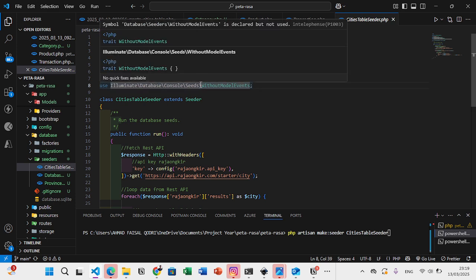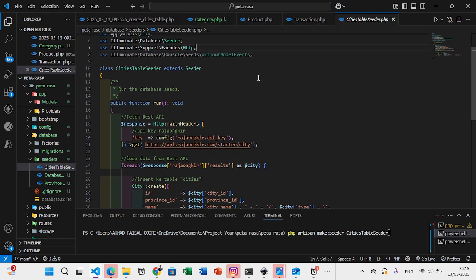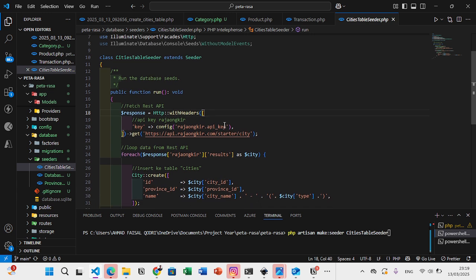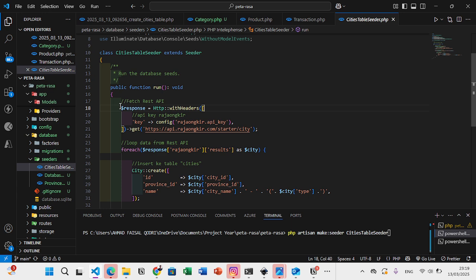Same as before, we use Guzzle to get the REST API, and then after that we spawn a new seeder file, and we add some code in the function run. In the function run we do some fetching to the endpoint rajaongkir.com starter slash city, and for the method we're going to use get,